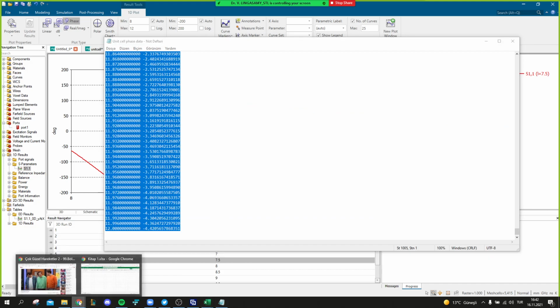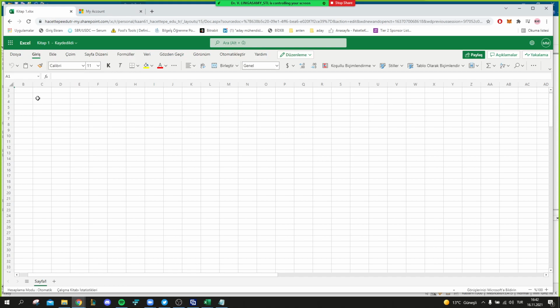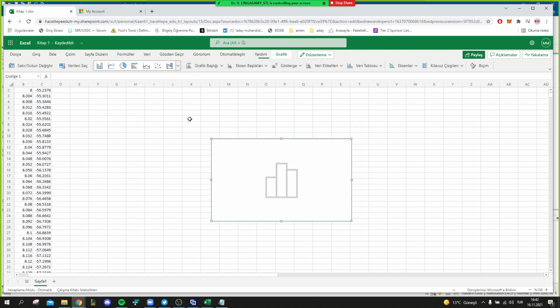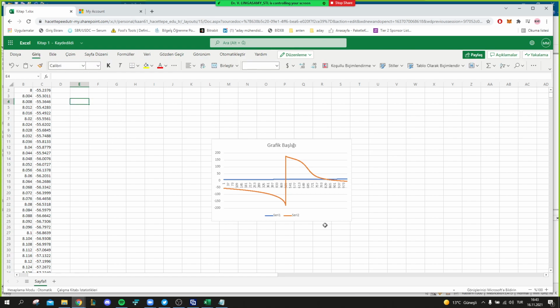Then where is that Excel sheet? Yeah, right. Now we'll go to here and then plot this. Okay, now you are getting it, correct? Now what you have to do: you are getting phase as a function of frequency. See, now you are getting a drop here, right? Minus 180 kind of thing.